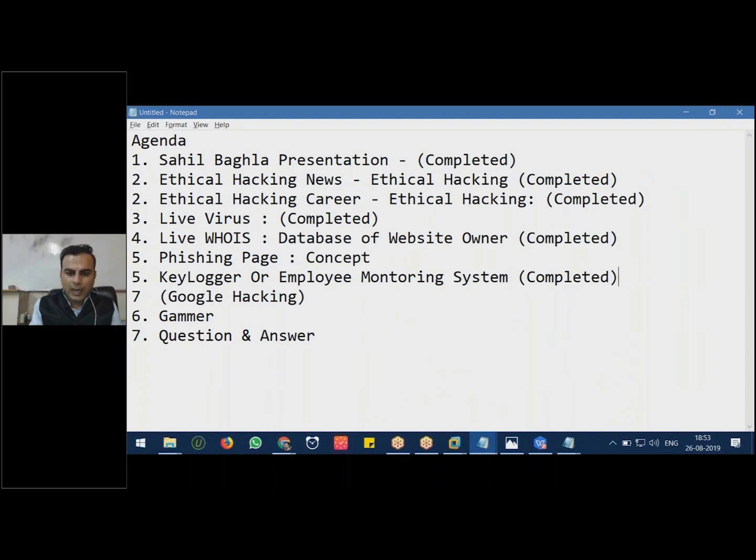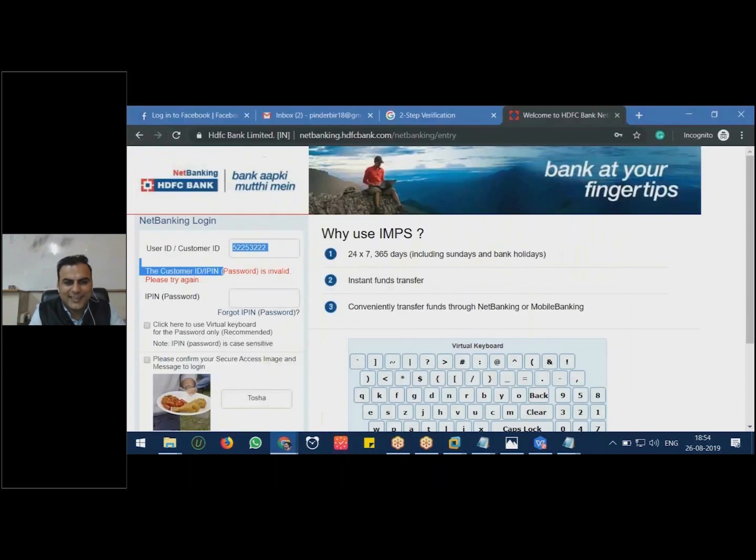Now the question arises, how do we protect ourselves from a keylogger? This software you have installed in your machine, and then you convinced that guy to use your machine. Remember one thing: you use public computers, library computers, your friend's computer, and it can happen with you at that time. Still, if you download files with the help of torrent software, those files can come infected with a Trojan, and that Trojan can have a keylogger.